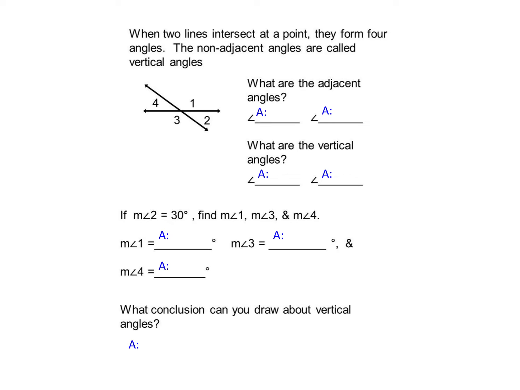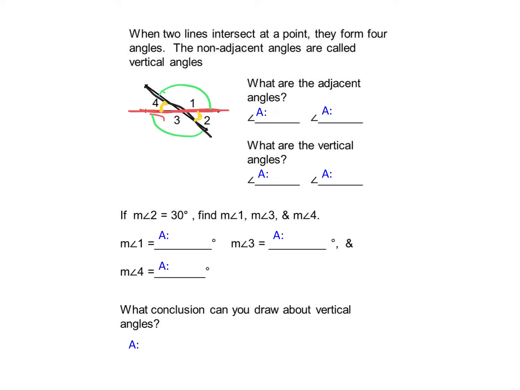All right, when two lines intersect at a point, they form four angles. The non-adjacent angles are called vertical angles. So this is a line, and this is a line. See how those lines hopefully make your vertical angles pop out? So this is a black to red, this one's black to red, and those two angles are not adjacent. And then you have this black to red, and they're not adjacent. So it's a lot easier to see your vertical angles if you draw those lines